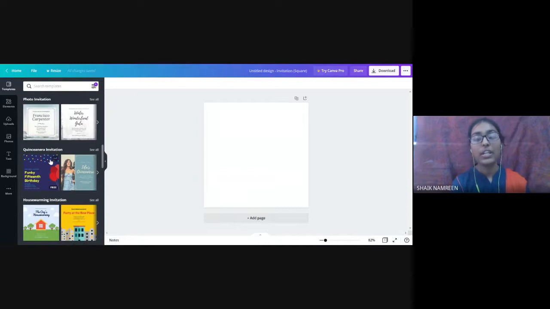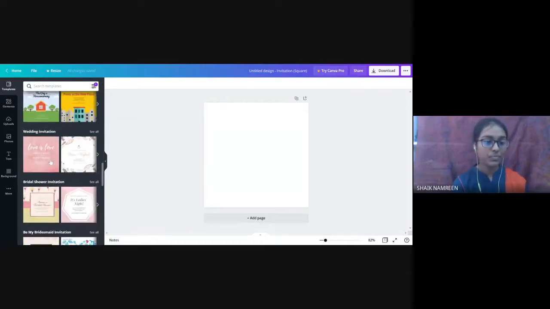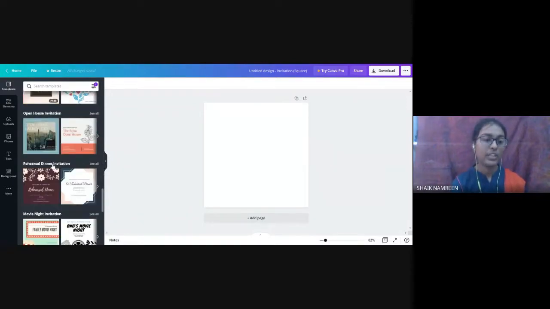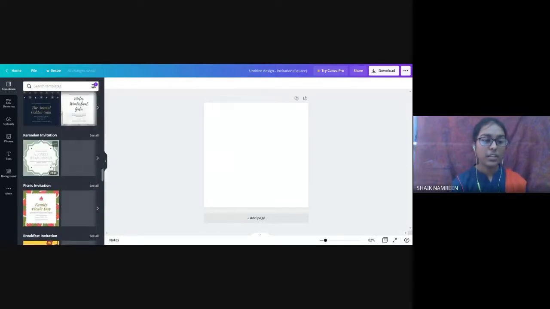Yeah, you can add your photo to an invitation using some elements, shapes. You can add a shape, and you add your photo to it. It will be very good looking and nice. So many types are there. So we'll go with one invitation from here.